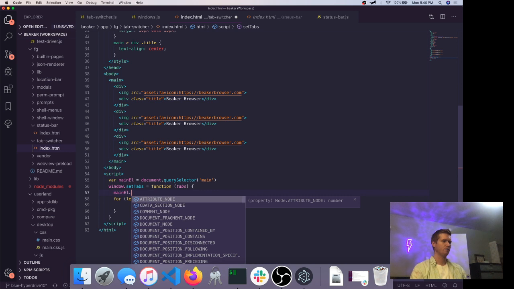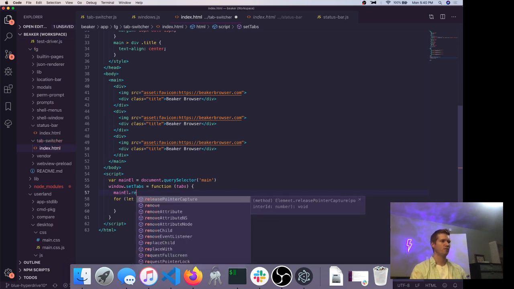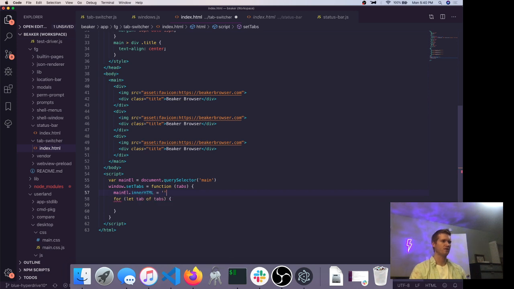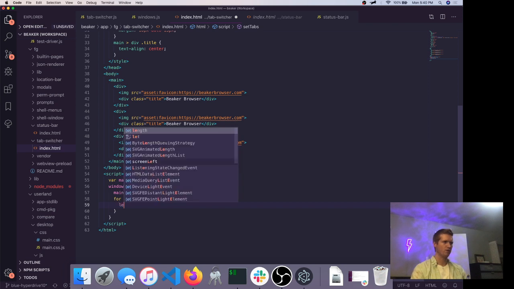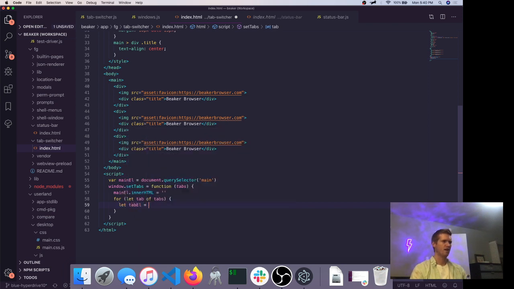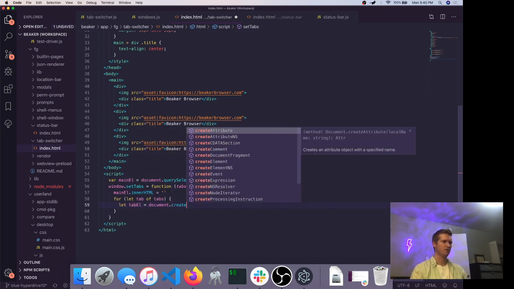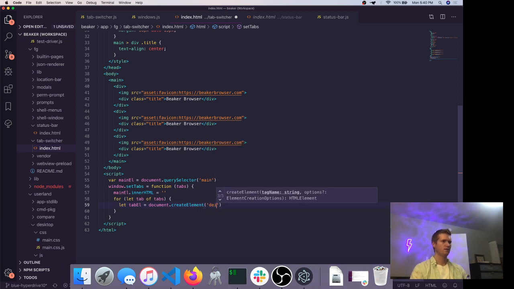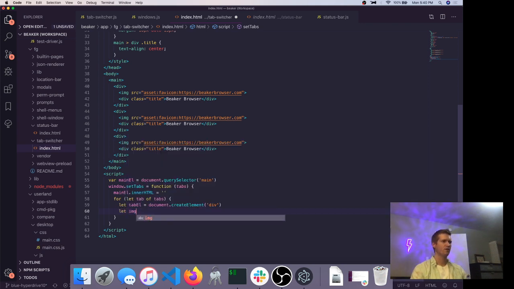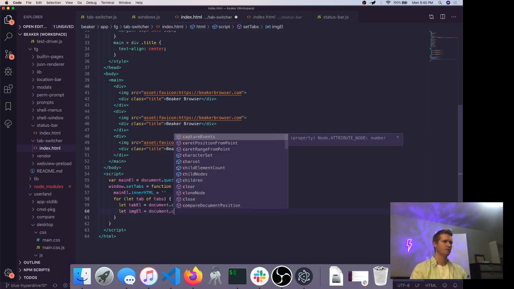So the main element, we're going to remove all children, and probably the easiest way to do that is just to set inner HTML to an empty string, but if anybody here knows a better way to do that, let me know. We'll create the tab el using document.createElement div, and why don't we do this the way we should and create each element individually. So image el equals